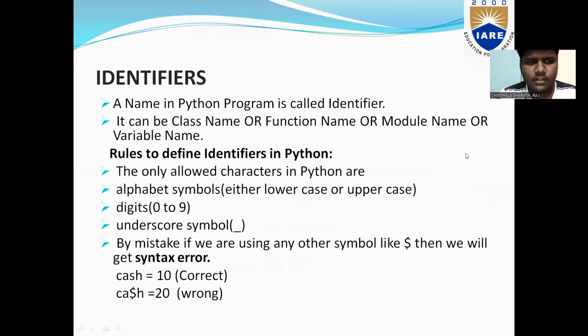Now we will discuss about identifiers. A name in Python program is called identifier. It can be class name or function name or module name or variable name. Rules to define identifiers in Python. The only characters allowed in identifiers in Python are alphabets, either lowercase or uppercase, digits 0 to 9, and underscore symbol. By mistake, if we are using any other symbols like dollar, then we will get